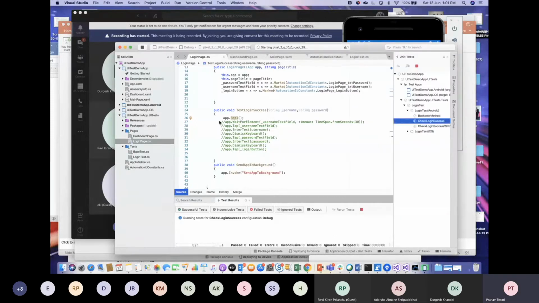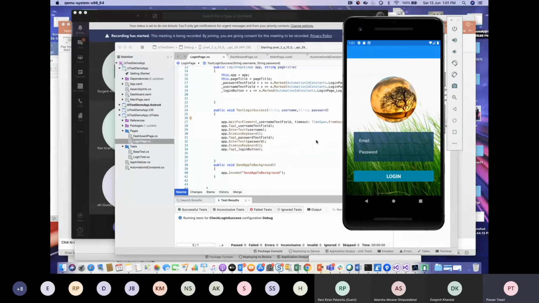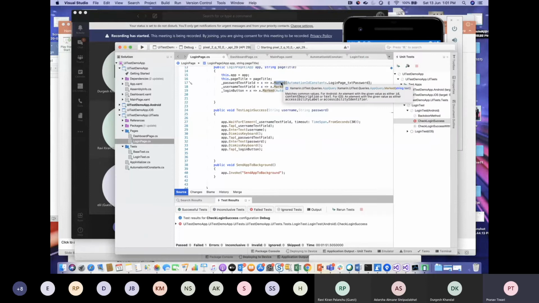So now we have got all our element IDs, so we are going to remove this app.REPL. Mainly you have to use it when you have to get the element ID and you do not know it. Normally a query can be based on the text, but right now we don't have text for any of the elements as we are using the text field. If you are using a label, probably you will get the automation ID as well as the label for that element. So you can use x.mark, or even if you have got the text, you can use x.text. It will query for that particular text and give you the result.